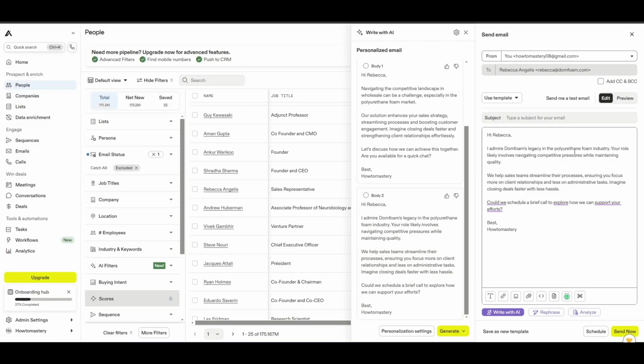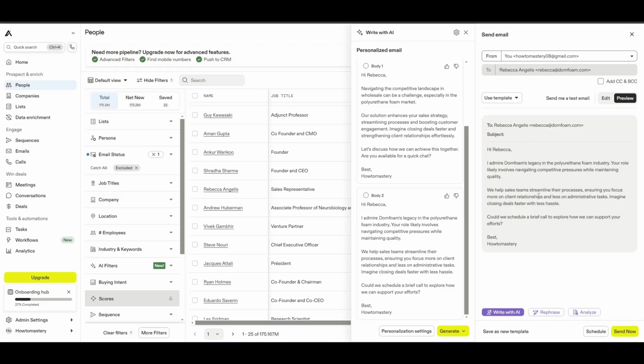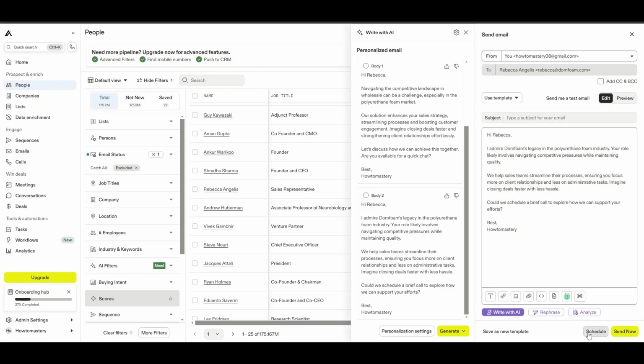And then once you're done with that, you can preview your email. It would look like this. And then once you're satisfied with that, just click on schedule here if you want to schedule the email, and then just click on send now if you want to send it now. Okay,